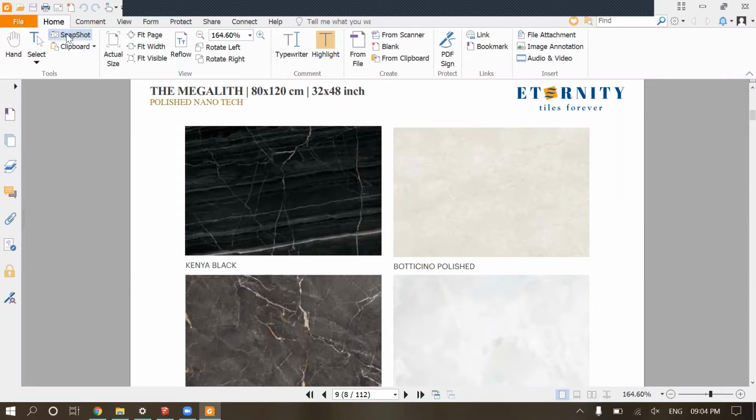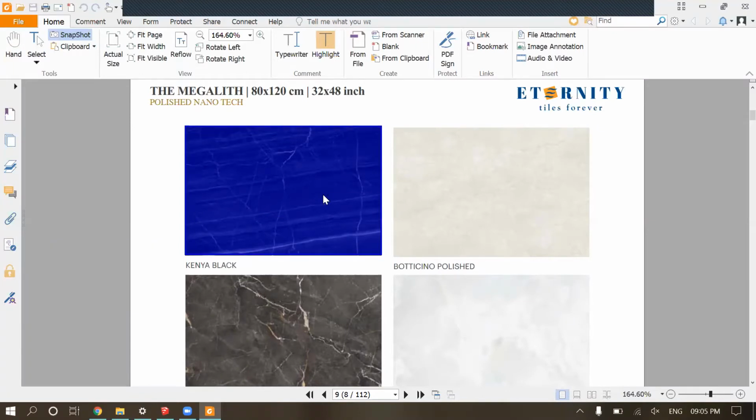So in this software, you need to click on snapshot and select the area of the material. It's best if you get it from the catalog, or you need to get some really good quality images in a phone or DSLR, whatever you want.